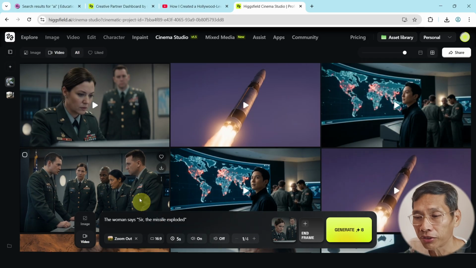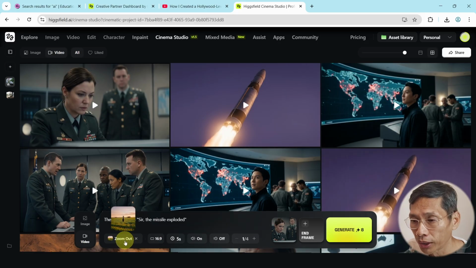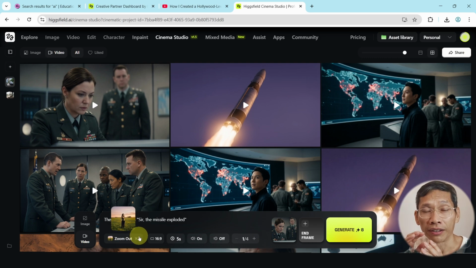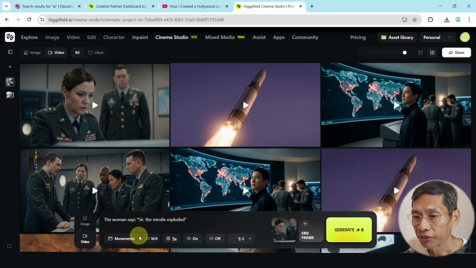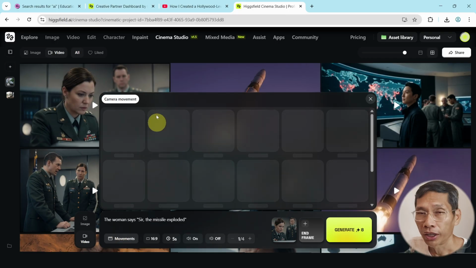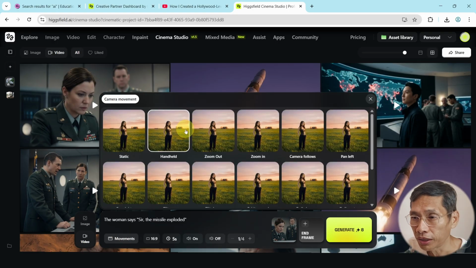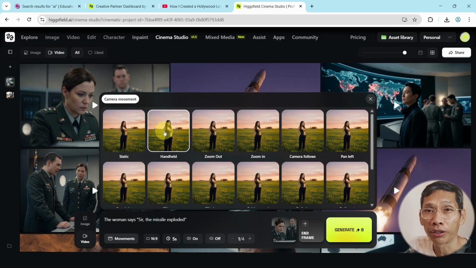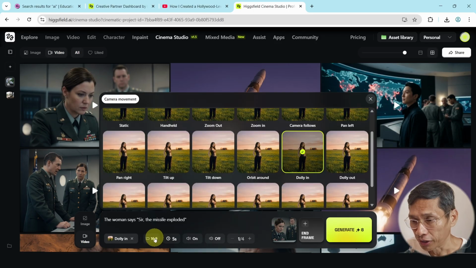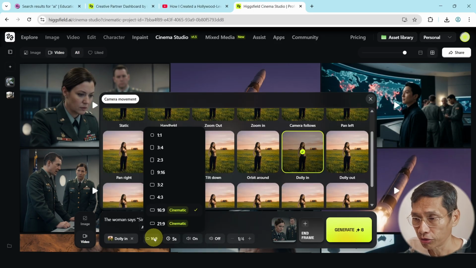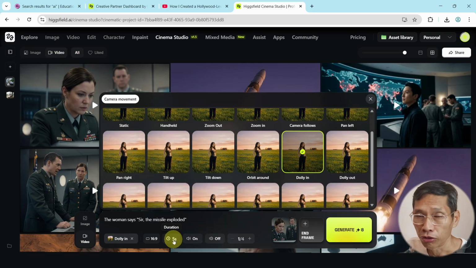And the next step is you can also select how you want the shot to look. Here you get to choose the movement of the camera. So you click on movement. You can have things like zooming in. You can have a handheld shot, if it makes sense, for example, action shots outside. Again, you can change the aspect ratio, but just keep it the same. Here, you get to change the duration, whether you want it to be 5 or 10 seconds, whether you want